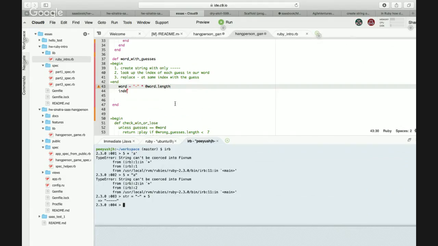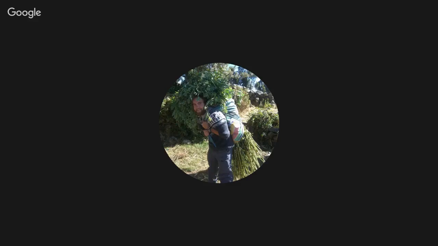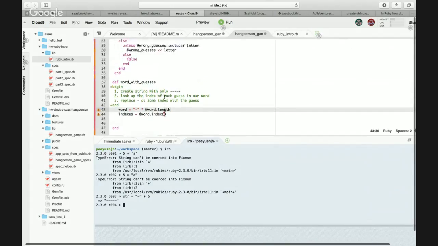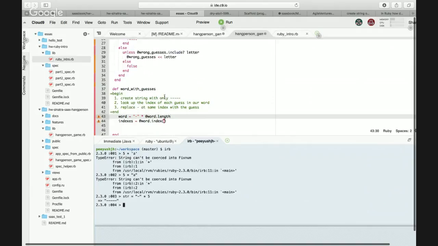Word dot index. So now we have to look up. One thing, Amit: here we are using the at-sign instance variable.